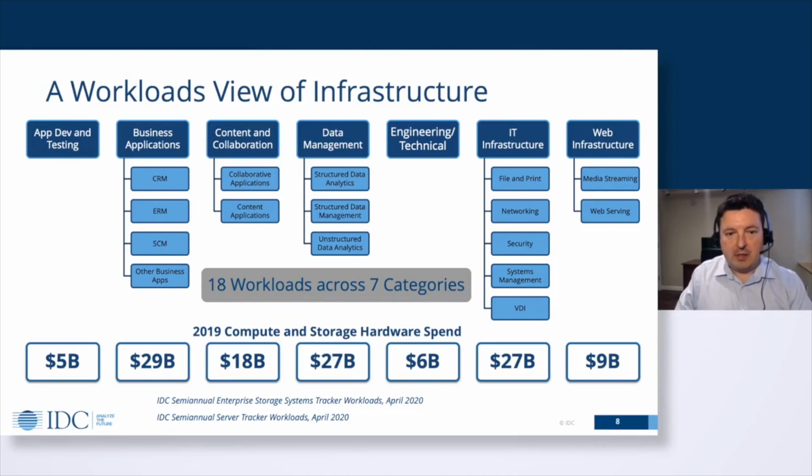We take 7 categories and break them into 18 workloads. Most of these workloads will map to types of software applications for which we have hundreds of categories and subcategories at IDC. The largest workload categories are business applications like CRM and ERM, data management, which includes structured and unstructured data, and IT infrastructure, which is like the backbone supporting the rest, the unsung heroes of the workloads world, like